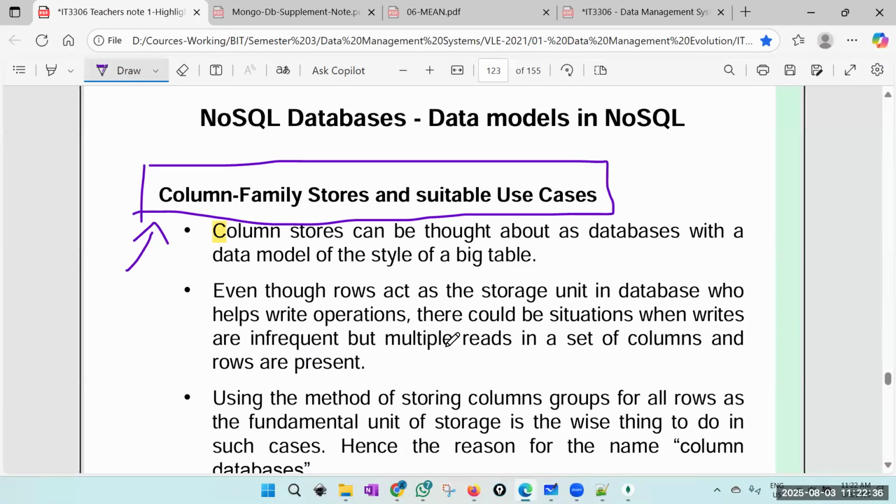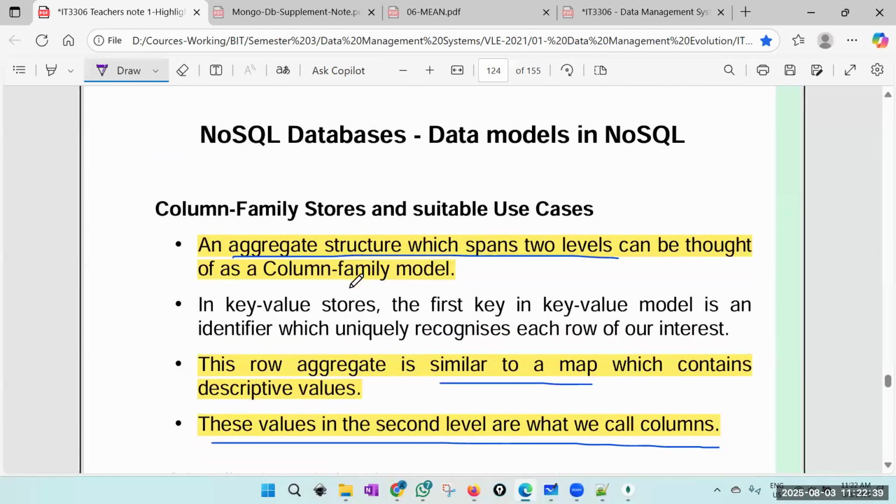Right. So what is meant by column family? I have not saved